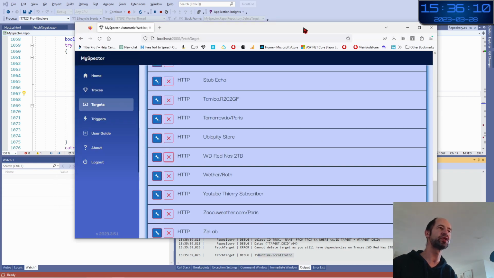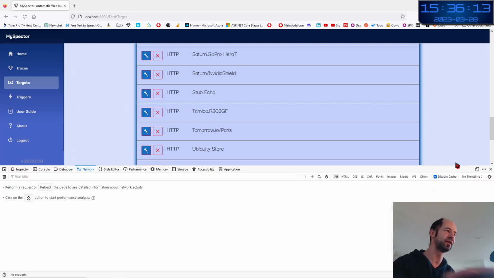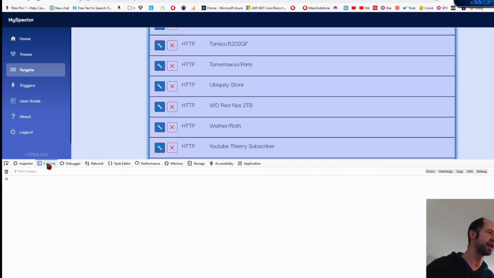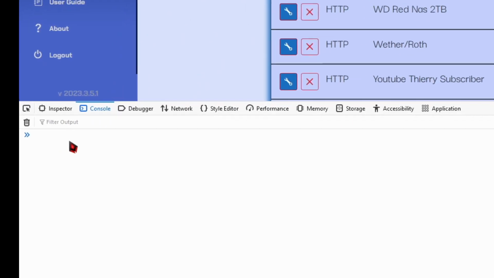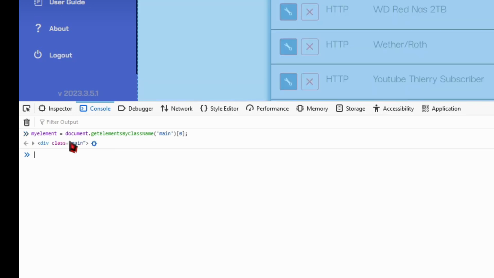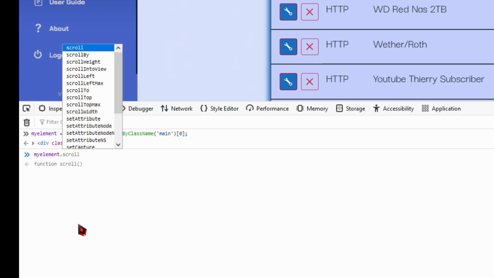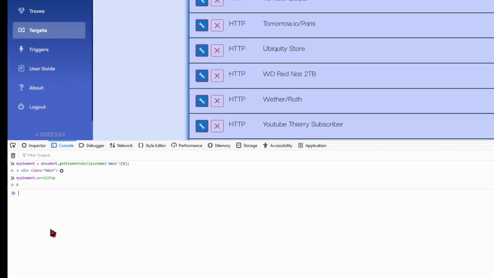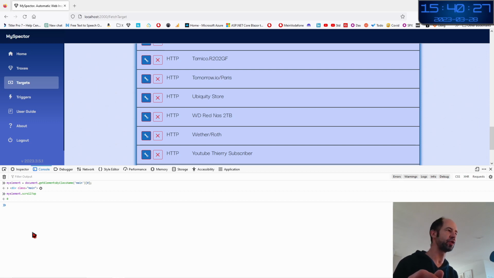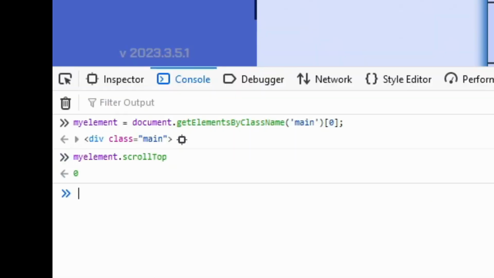So let's troubleshoot this and understand why this technically is not working by using the console. In the console panel, you can input directly the JavaScript code that you want to troubleshoot. Here I'm going to pass the code, my element, I get the class by name, and you can use the debugger to display the content of the existing property, which is called scrollTop.